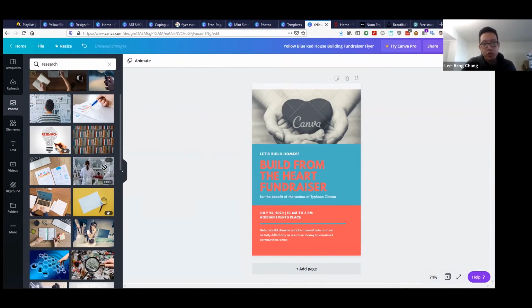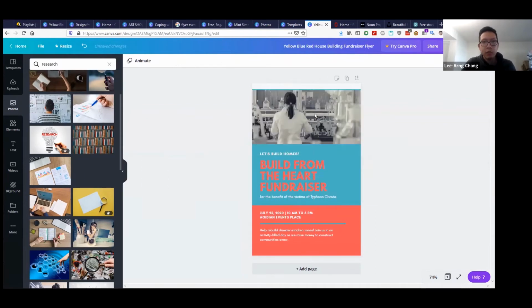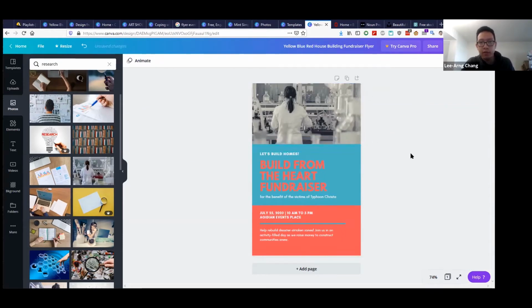So I could actually drag this image and simply replace the watermarked image I have here. And I'm just going to scoot it up so it covers everything. This is a super easy way to replace some of the watermarked images I would normally have to pay for with some of the free images that Canva has. I can also upload images. So if I go to a free stock photo site,